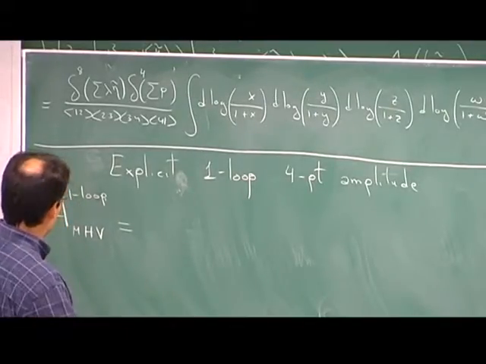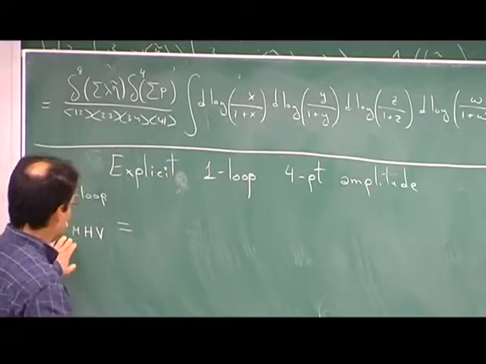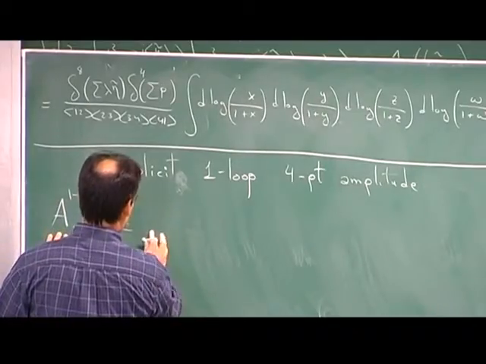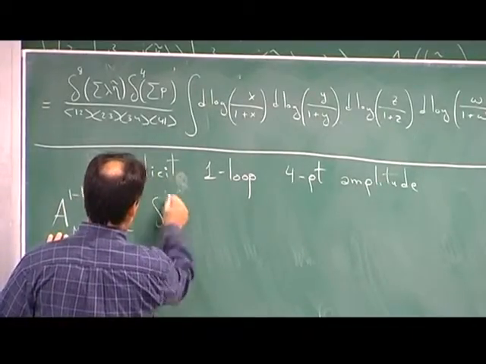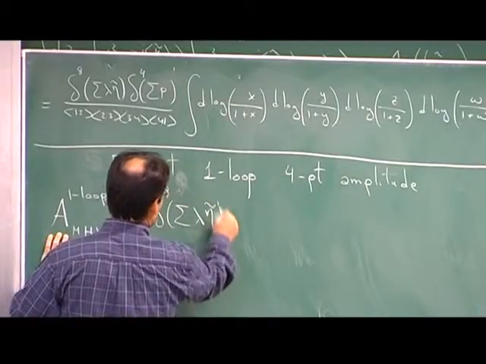Just open any review paper, and you will see it there. This guy happens to be the MHV amplitude, the tree-level one,